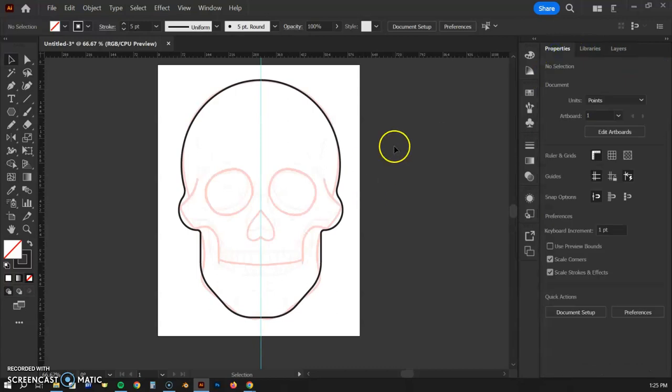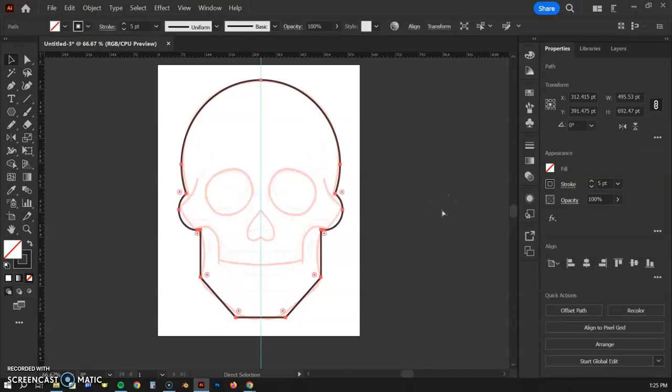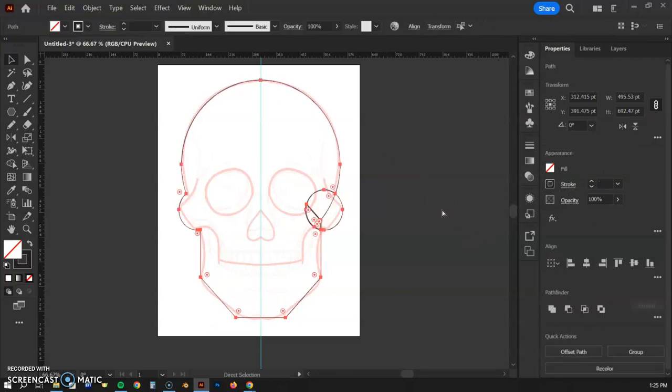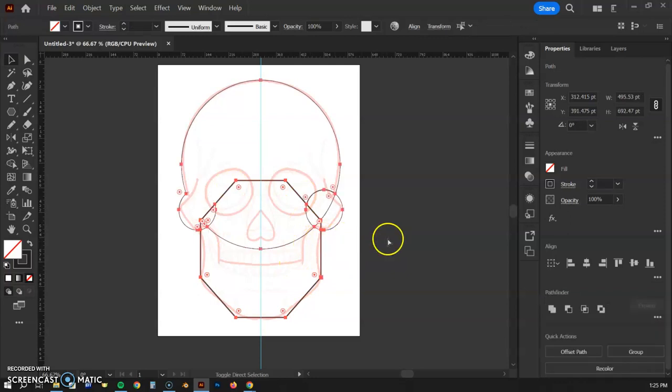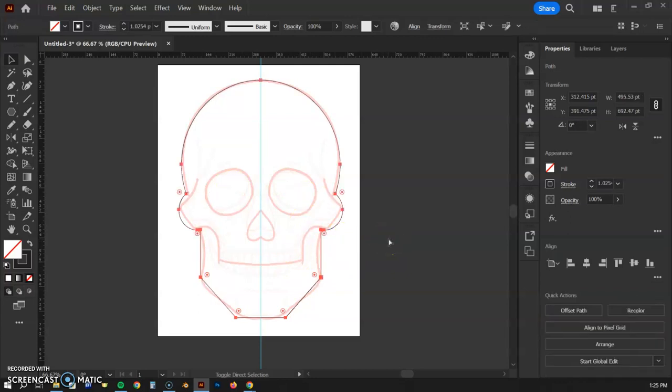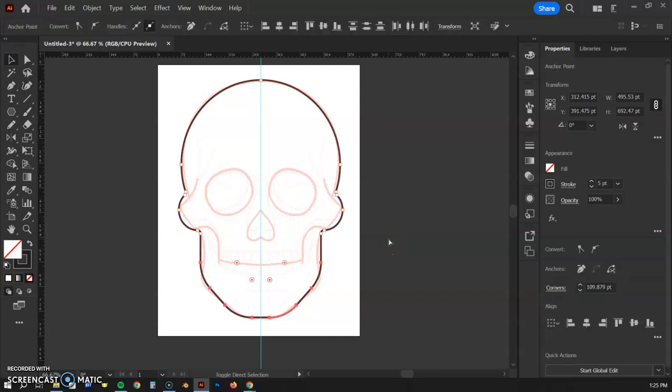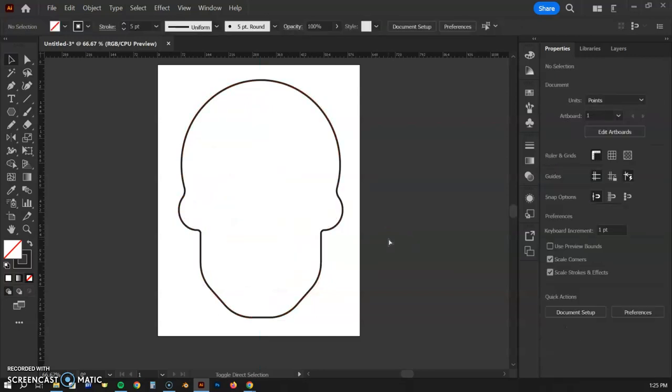So to backtrack what we did here before we move on to the next video, we rounded out our corners. Before that, we used our shape builder to merge all of our shapes together here. And our shapes were our circle. We used the reflection tool to flip that circle. We created an octagon shape, got that into the right area. We built it all together, rounded out the corners appropriately, and hopefully we're happy with our finished shape of our skull. So I hope you were able to follow along with that,